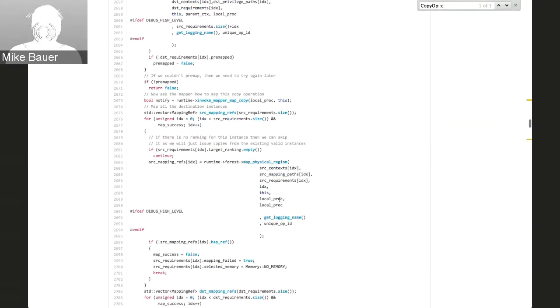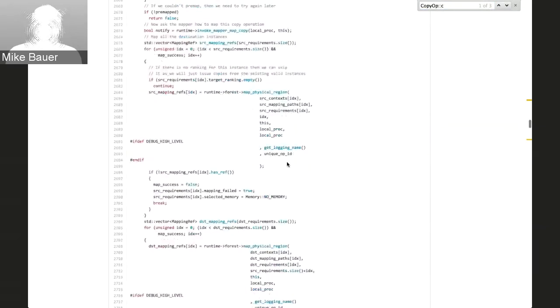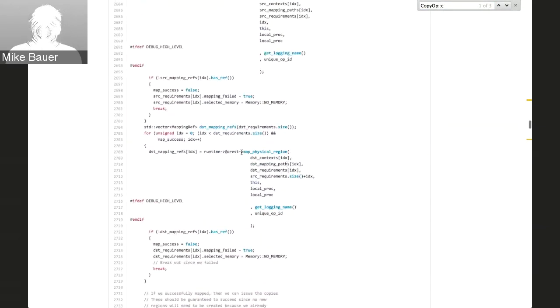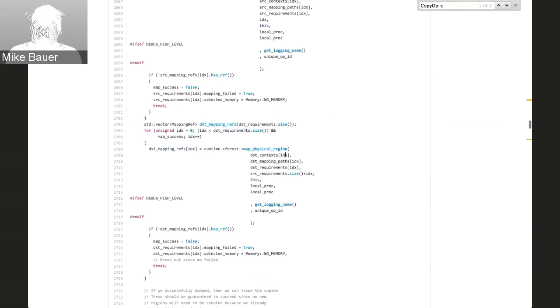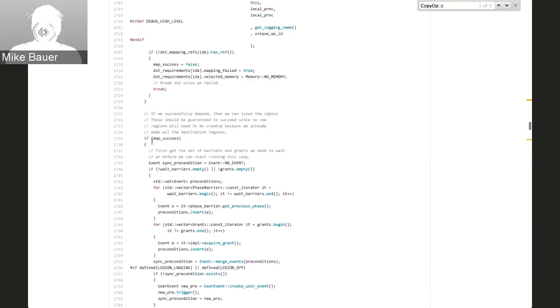Once we get back the results of the mapper's request, we can actually try to map these physical regions. So for all the source requirements, we invoke the region tree forest to ask it to map the physical regions based on the region requirement requests from the mapper. Down here, we do the exact same thing for the destination region requirements. Again, we're asking the region tree forest to do the mapping. If we've succeeded in mapping all of our region requirements,